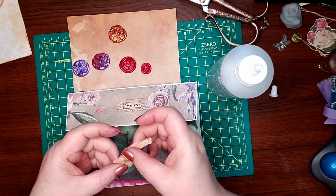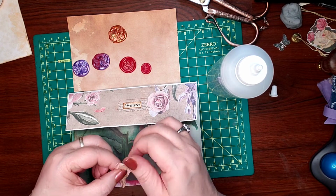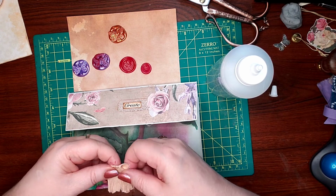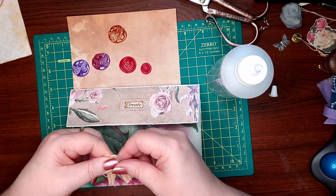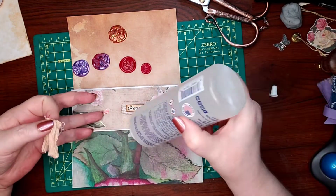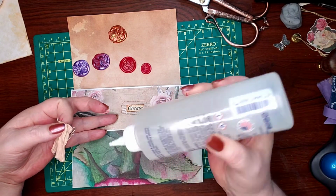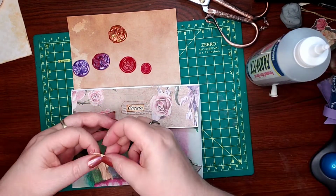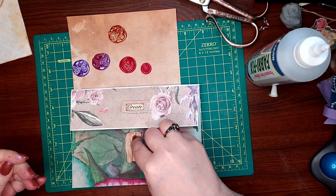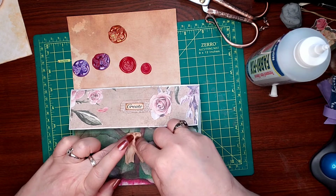Fold it so it stays put, like so. Yeah, come on, you. And then kind of in the middle here, just a little bit of glue there, and glue this down. Strings everywhere. Okay,